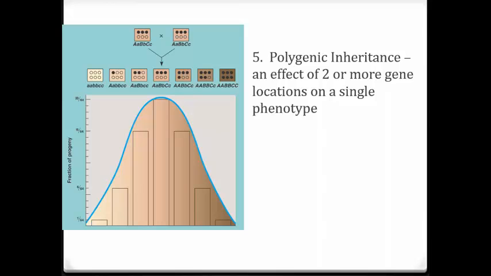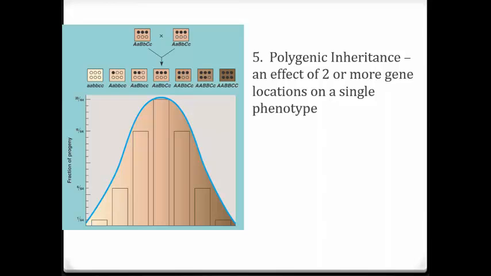So whenever we have a polygenic inheritance, that means that we have 2 or more genes that are going to contribute to a single phenotype. In this case, we're looking at how light or dark your skin might be, and that's definitely polygenic inheritance. Height is another one that's polygenic. You have at least 2, in this case for color, we have 1, 2, 3, 4, 5, 6, 7 possible different locations for